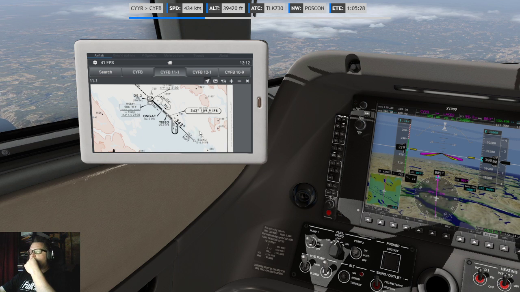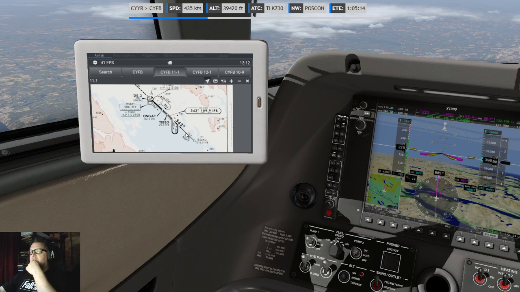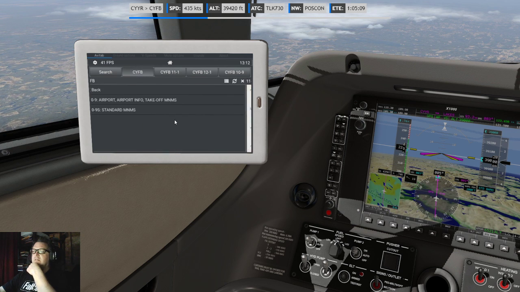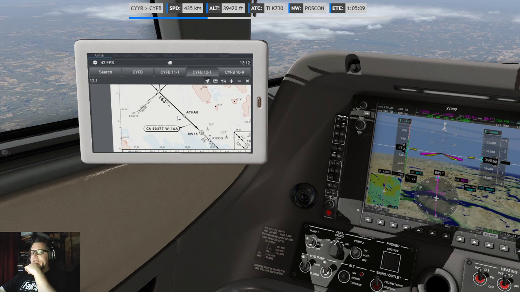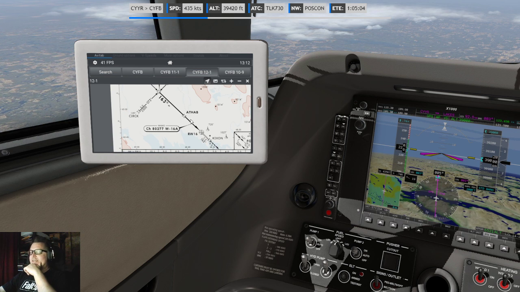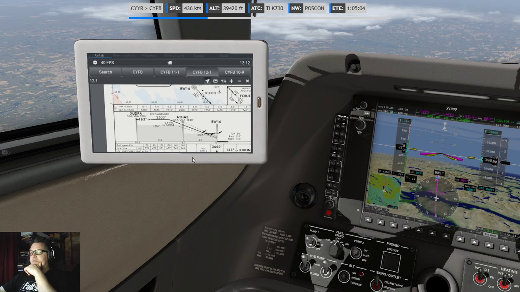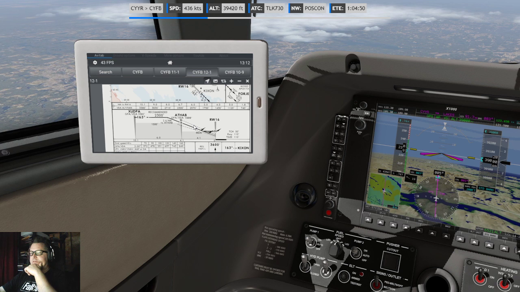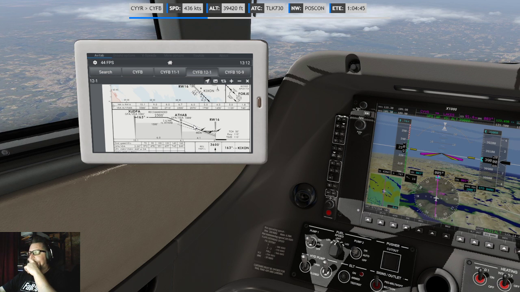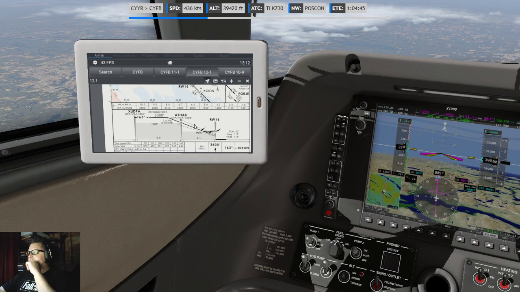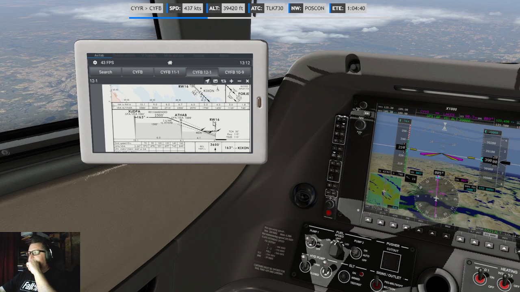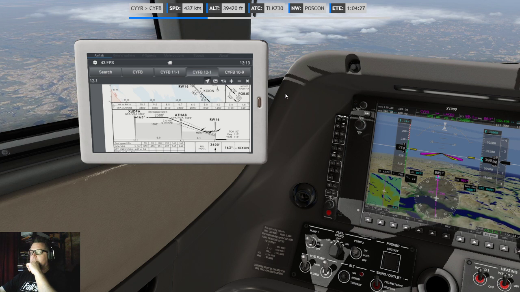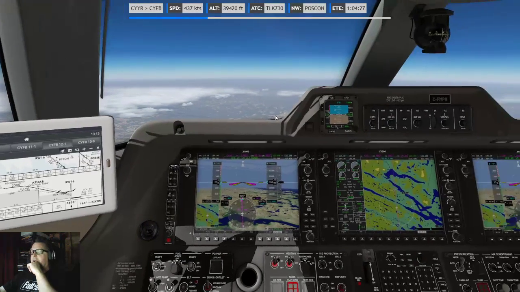Like the way it is now, with a super strong and gusty cross tailwind, there's no way I'm making this. This will make more sense. But this is no ILS, this is an RNAV. So, all right.